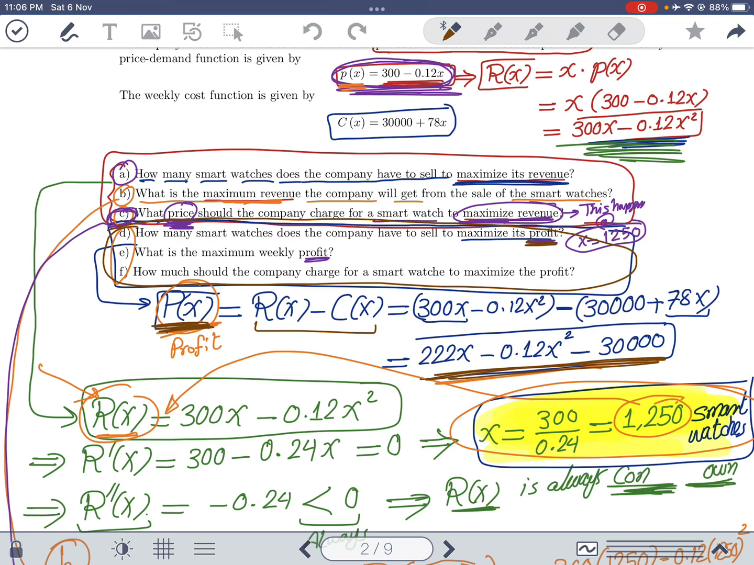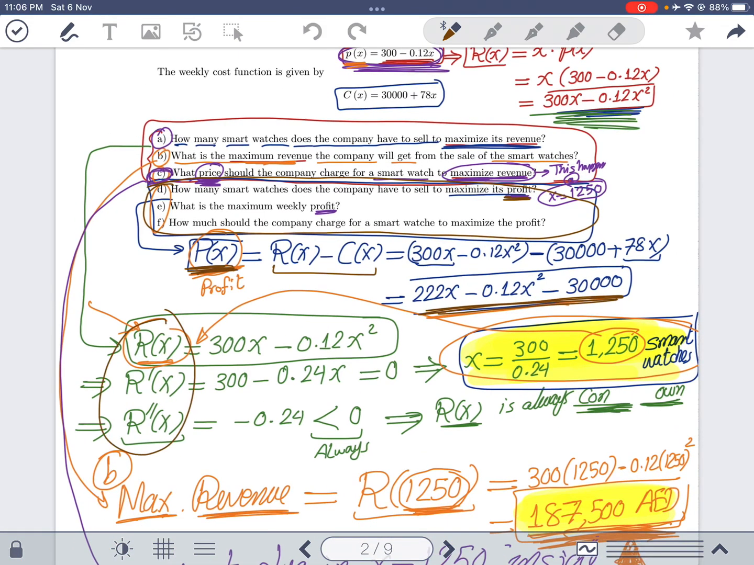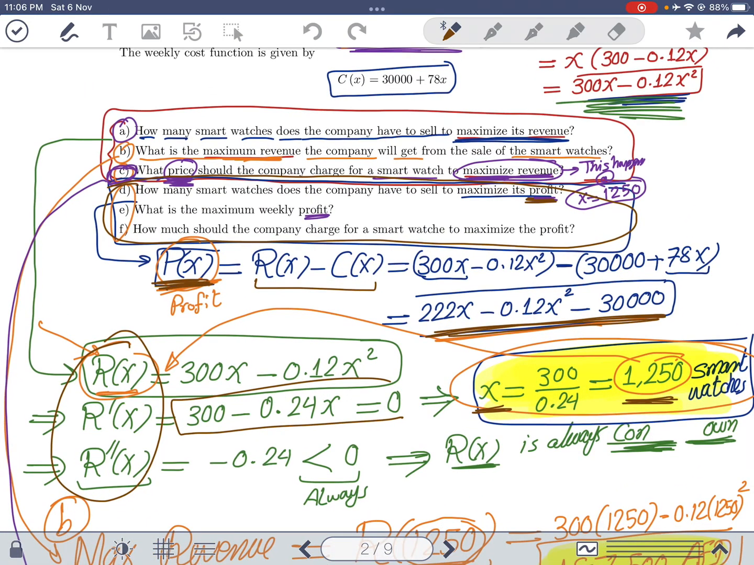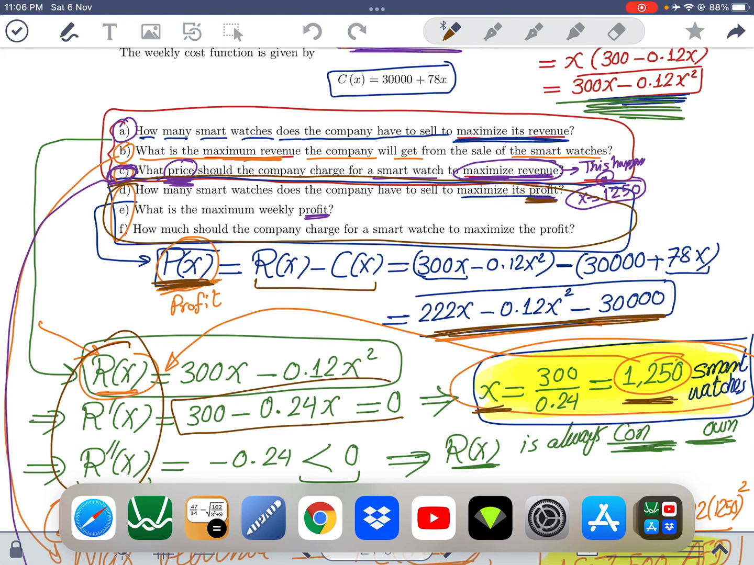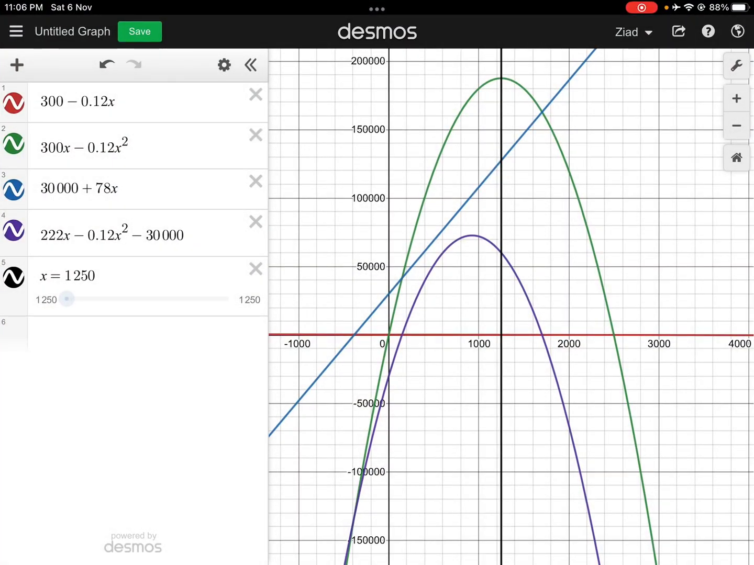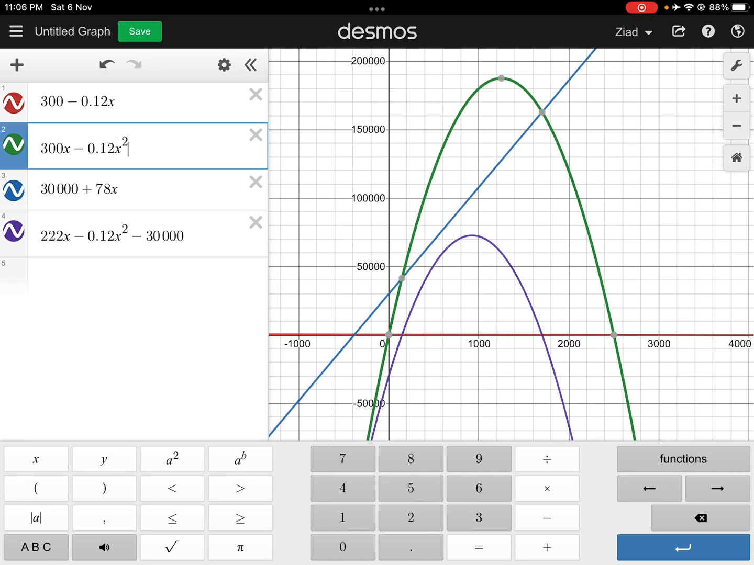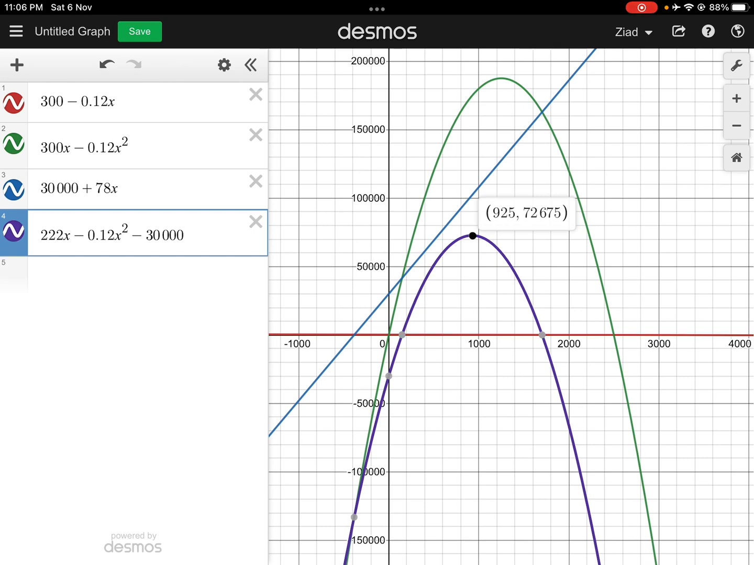Find the point at which it's maximum. So exactly like what we did with R, find the derivative and set it equal to 0, then check at what x you'll get this. And if you do all of it, I'm going to just show you on the graph. Now forget the maximum revenue. Revenue is the green, but the profit graph is the purple one. So the maximum occurs at this point when X is 925, and in this case the maximum profit is